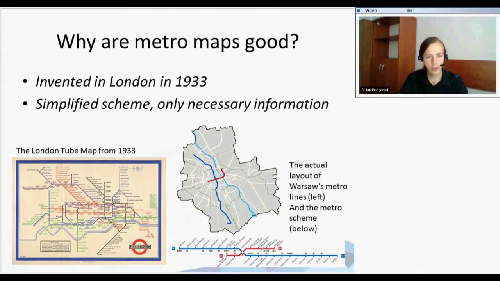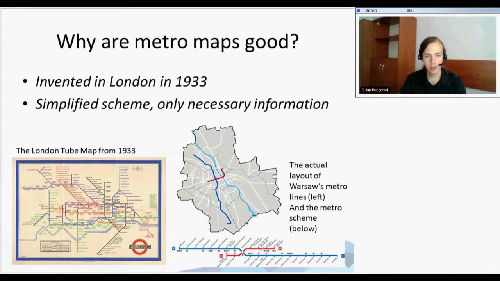You can see the original thing here on the left. That's how it looked. And at the time, it was quite a revolutionary idea. It's a plan of metro lines that is completely untrue to reality. The stations are not placed in the places that they should be in the true world. They are instead placed on a kind of scheme, a kind of abstract